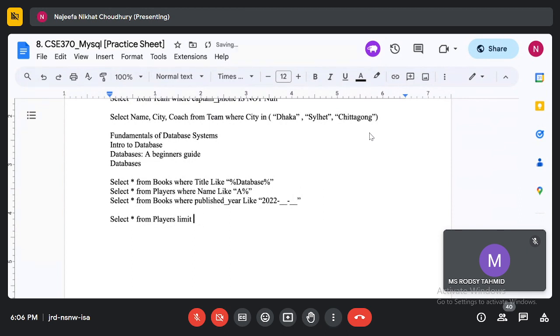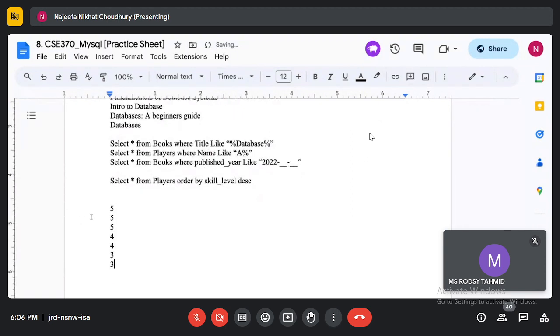So this can be done to see only a couple of results, and this can also be handy. Let's say if I do this, order by skill level descending. So let's say I want to see the top 5 players with the highest skill level. What this does is it sorts all players by the highest skill levels, right?